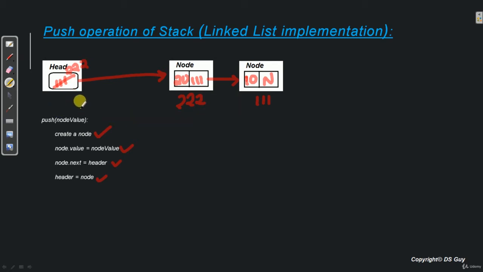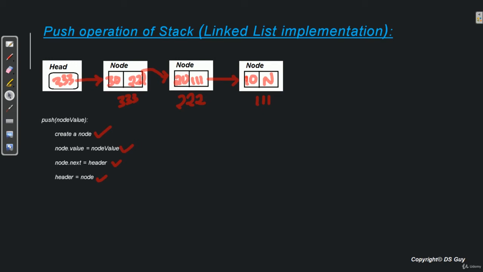So this is how the stack will look like right now. Now let's say if you want to push one more node in this stack. Again the steps will be the same. This is a new node. Let's say we will insert 30 here. Node.next is equal to head, so we have to put 222 over here, which will create a link between these two nodes. Let's say the address of this node is 333. So what we have to do with head? We have to update 333 at head. So when we put 333 here, automatically head will point to this node. So this is how the stack will look like after the third push operation. So this was all about the push operation.